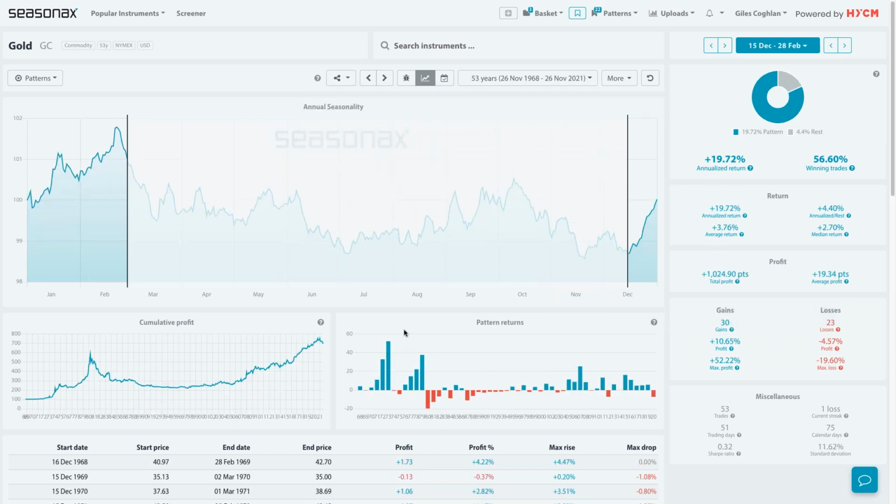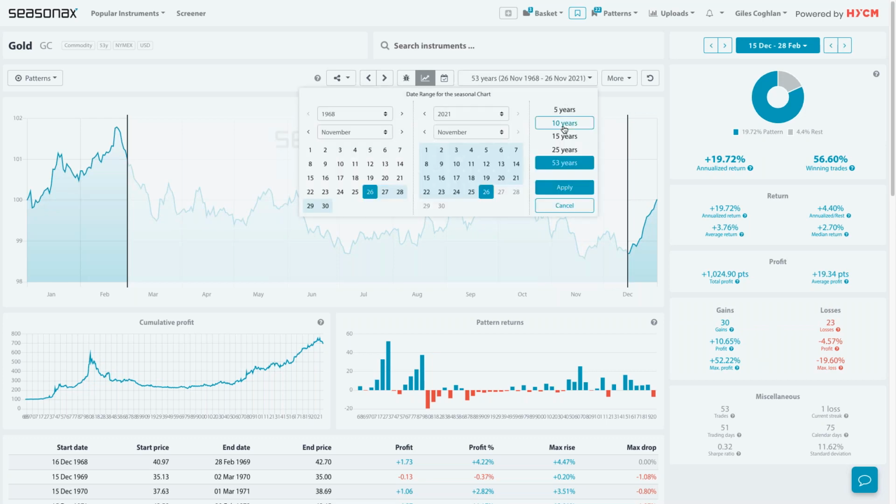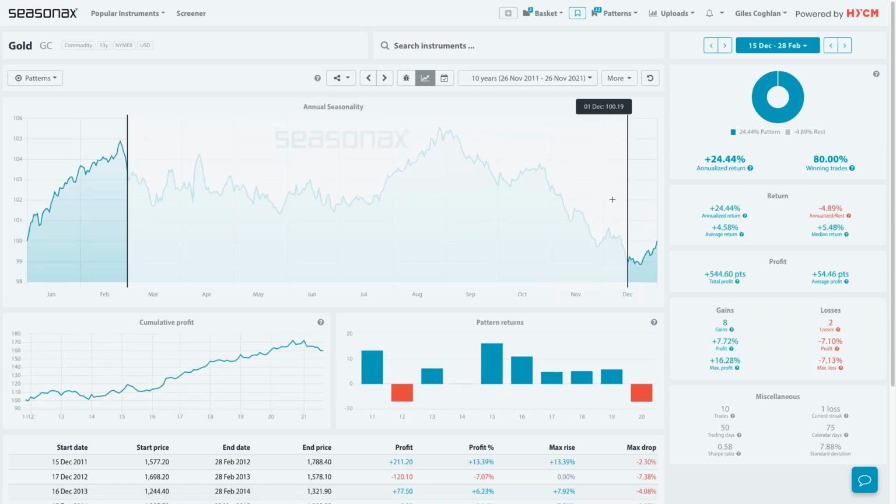Now, a lot of the reasons for this gold upside is the fact that Chinese Lunar New Year is around this time, and around the Lunar New Year a lot of people buy each other golden gifts. Now, if we see a very weak non-farm payroll, that should weaken the dollar and that should lift gold.